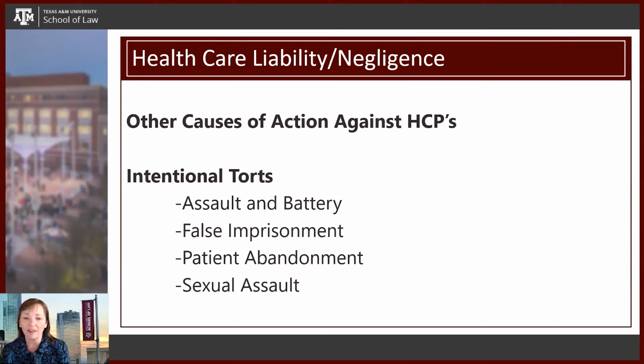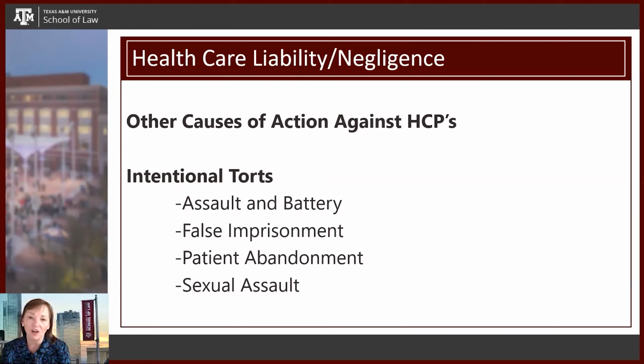Patient abandonment, we talked about that some in terms of terminating care. This is particularly one that can be alleged against a physician who can choose to care, but once they choose to provide care, then they have a fiduciary duty to provide care for that patient until it's properly terminated. So patient abandonment is an allegation that a patient can make if a physician just says, I'm not going to provide you care anymore, you're not paying me. Well, if the patient then is not able to get an appointment, is not able to be seen, and they have a problem that develops, then they may not only have a negligence claim, but it's based on you abandoned me as a patient in a time that I needed care.